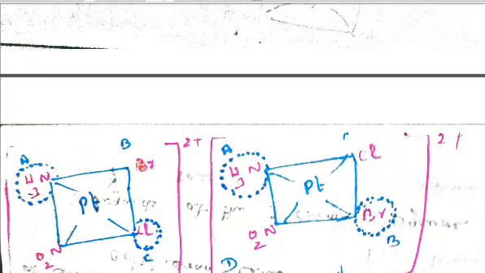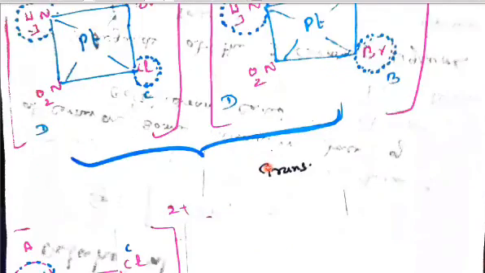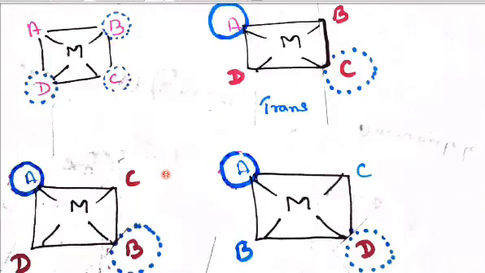Then interchanging B and C positions, Br is coming down and Cl is going up. So this Br is opposite to NH3. Even this is a trans position. And then Br comes to the place of D, and D goes here, NO2. Even this is diagonally opposite to each other. So everything produces a trans position, no cis position at all.